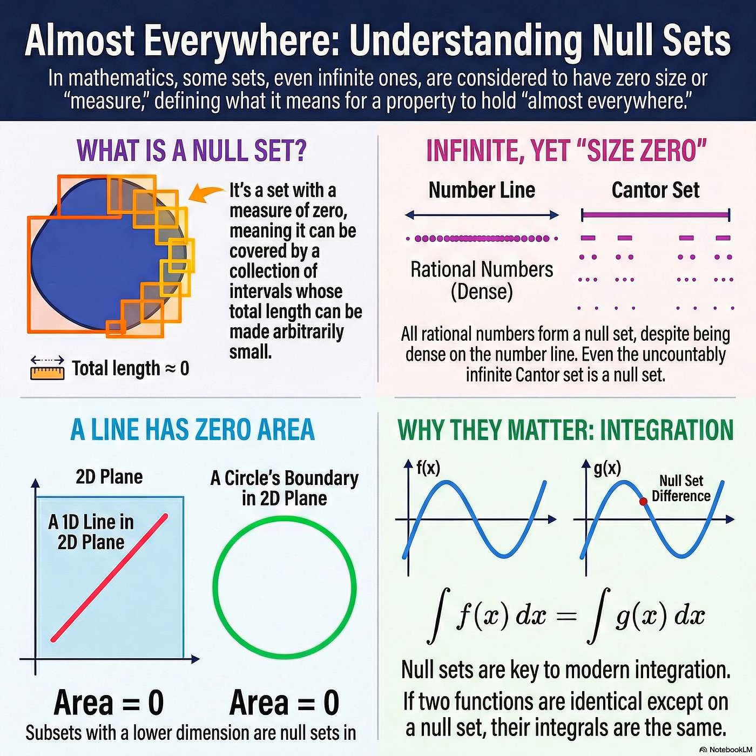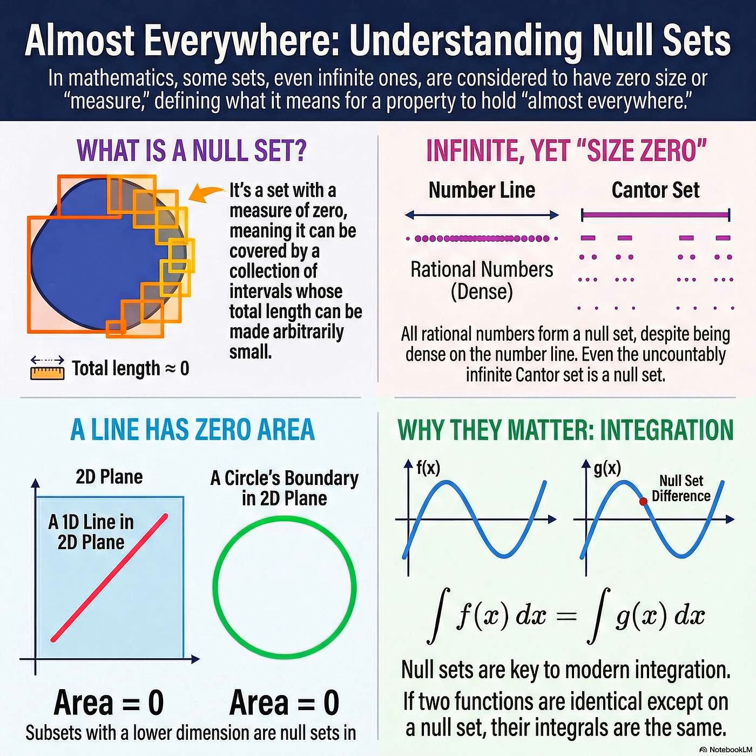In mathematical analysis, specifically with what's called the Lebesgue measure, a null set is just a measurable set of real numbers that has a measure of 0. Okay, so wait. That sounds like we're just talking about the empty set. If it has no length, doesn't that mean it has no elements? That's the most common misconception, and it's a great question. The empty set is definitely null, sure. But the null sets we really care about in analysis are often profoundly non-empty. So how does that work?